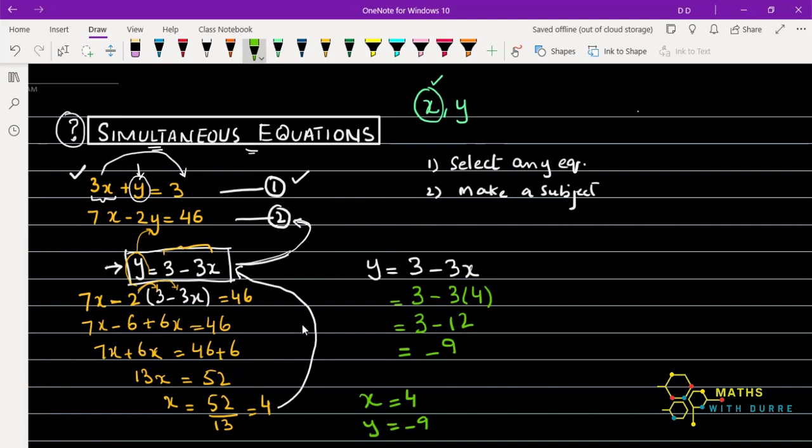Okay, remember one thing. Let me close this topic. Simultaneous equations are those equations where you can observe there are two variables in them. You can solve or identify the value of both variables, both unknowns, at the same time. जैसे ही आपने इसको सब्जेक्ट बनाया, आपने वैल्यू को सब्स्टिट्यूट किया इक्वेशन 2 में, then you have to calculate it and get the answer of the first variable. Once you find the answer of the first variable, you can substitute it in this expression to calculate y. So this is how you can easily find the value of x and y.